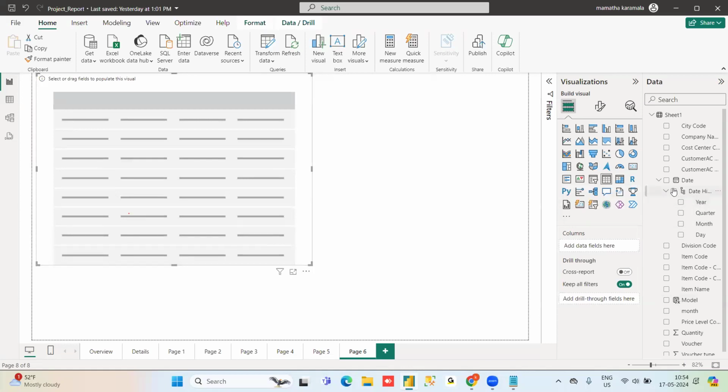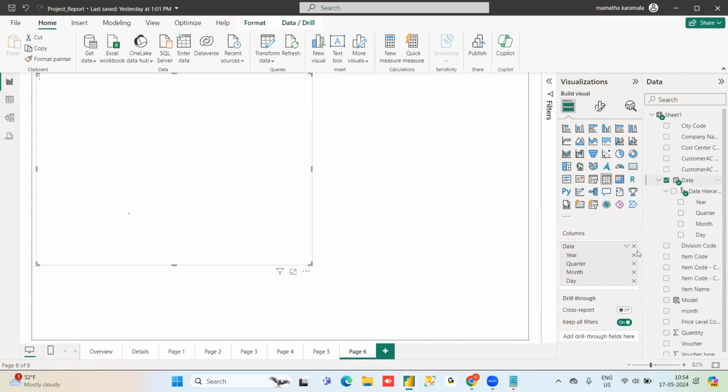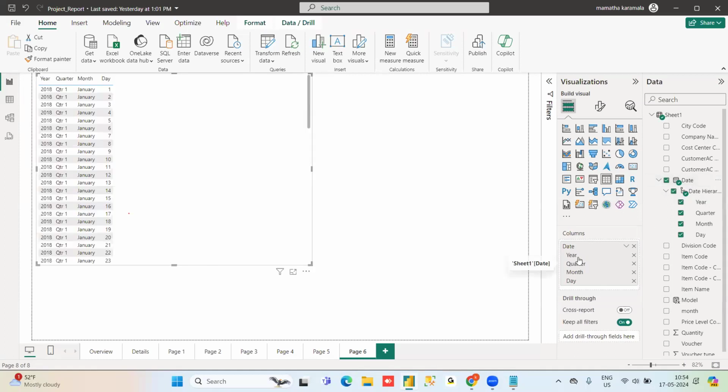Just taking date. If you observe, if I select a date field here, by default it will take year, quarter, month, day. Actually, I expected this question from you. Normally it takes date as a hierarchy here.